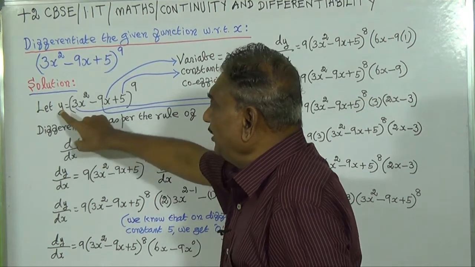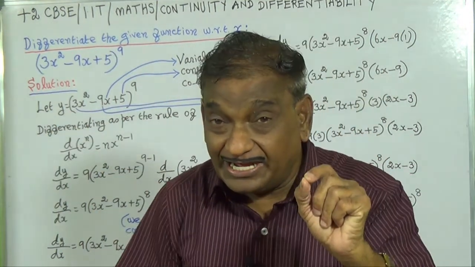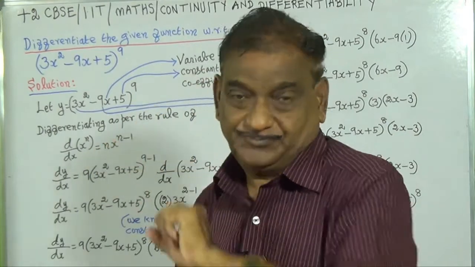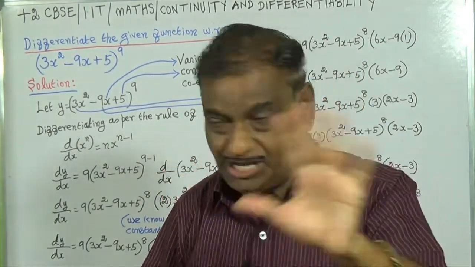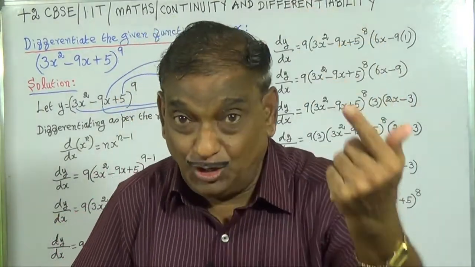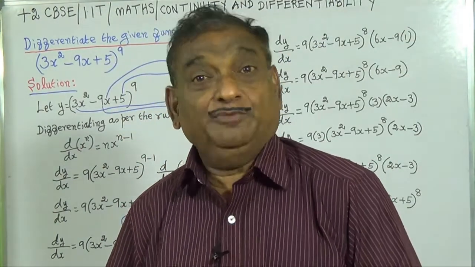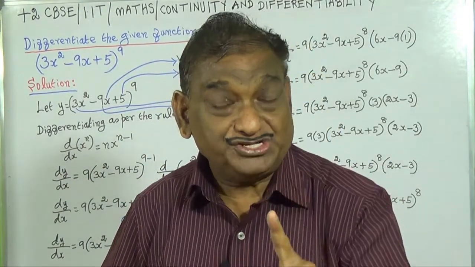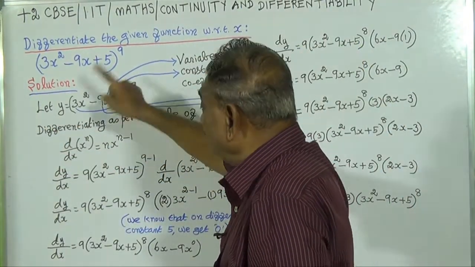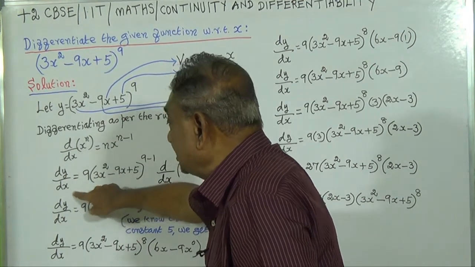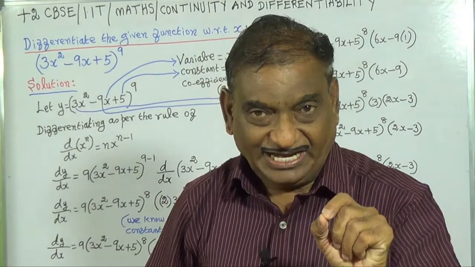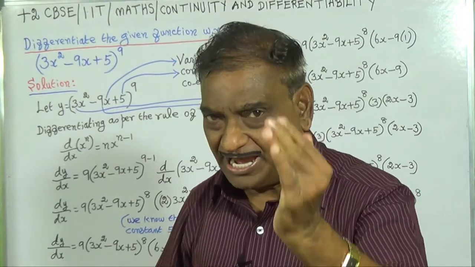So on differentiating the left side, what we will get? We are going to differentiate the variable y, so that we will get dy. We are going to differentiate the variable y with respect to which variable? We are going to differentiate the variable y with respect to variable x, so that we should put dx in the denominator. Thereby we will get dy by dx in the left side.